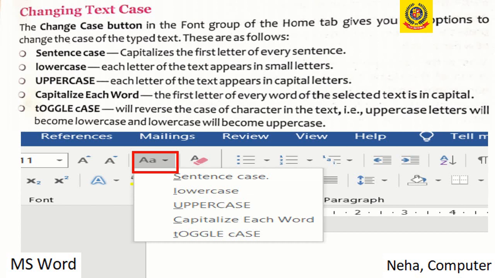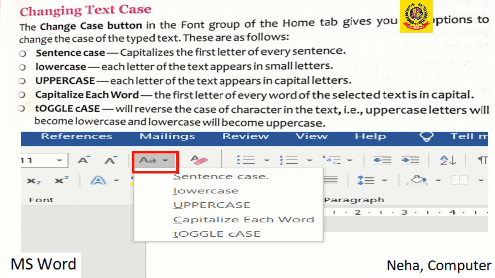In lowercase, all the letters become small letters. Third is uppercase. It converts all the letters into capital form. And fourth is capitalize each word. The first letter of every word of the selected text is in capital.